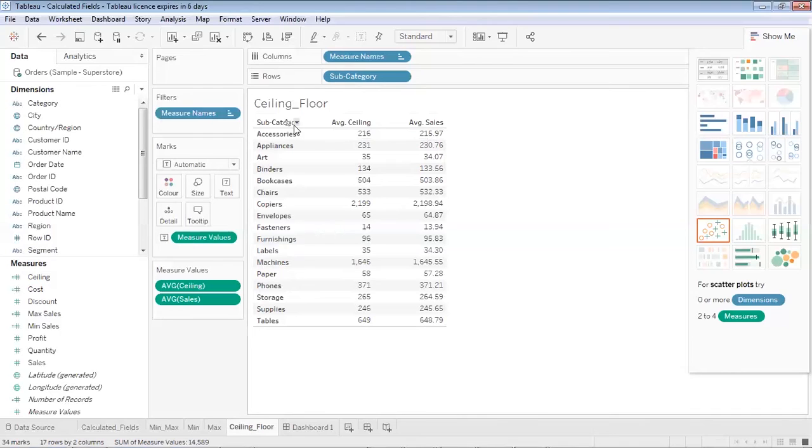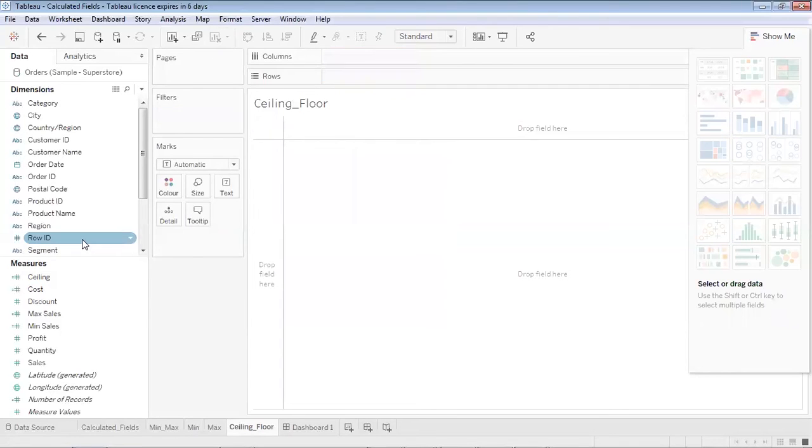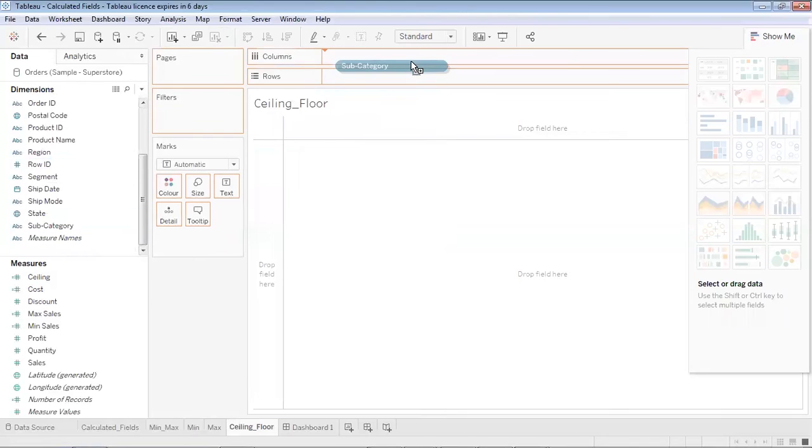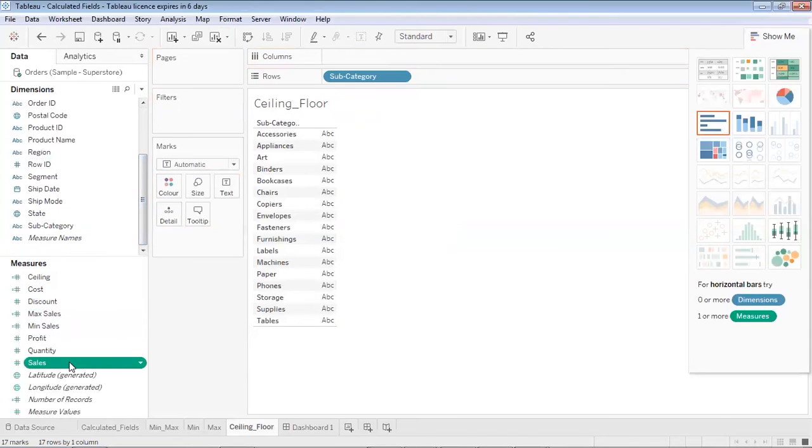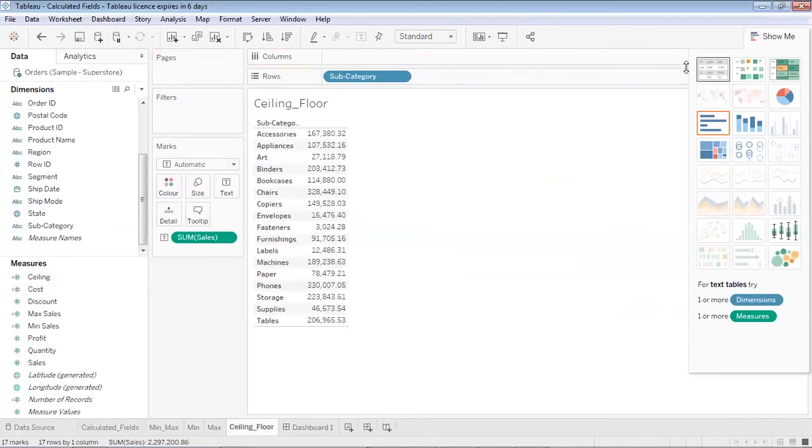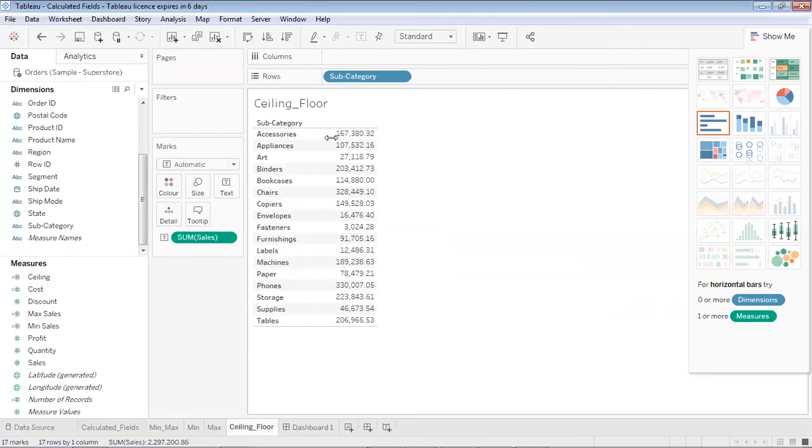So right now I'll remove all of this. We'll create it afresh from scratch. So let me place subcategory over here, and let me place my sales over here. This is the table. So over here you can see, for each subcategory, the sales, and the sales values are in the form of decimals. Okay, so we can see the sales across 4 years for each subcategory of the product.